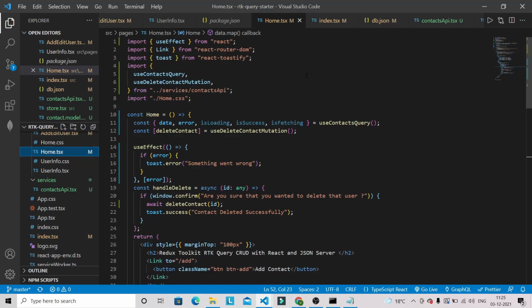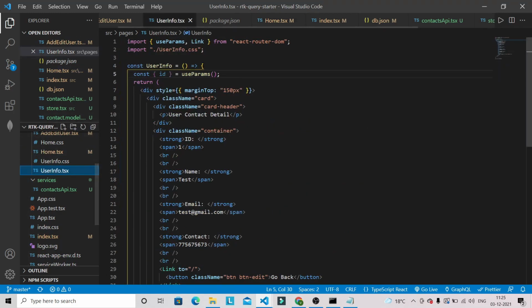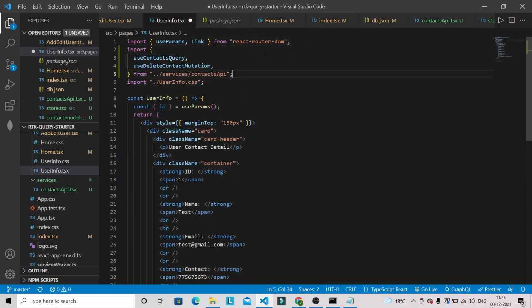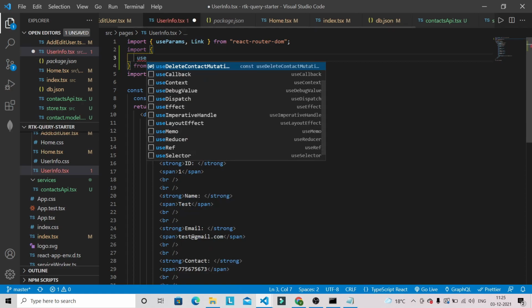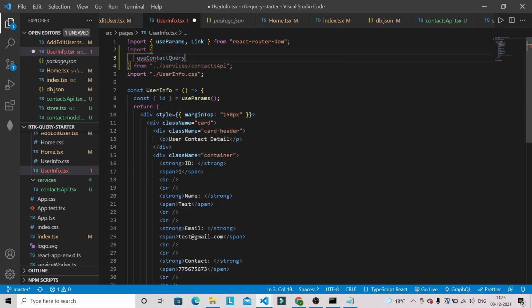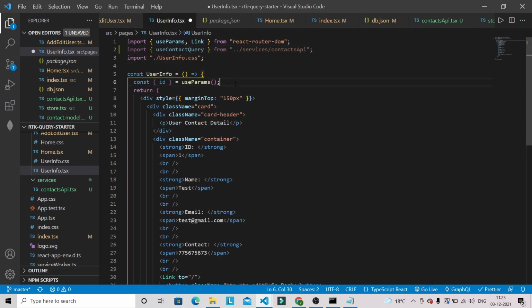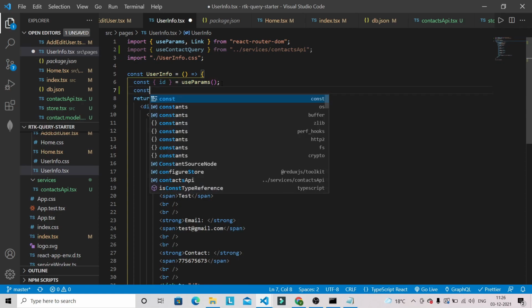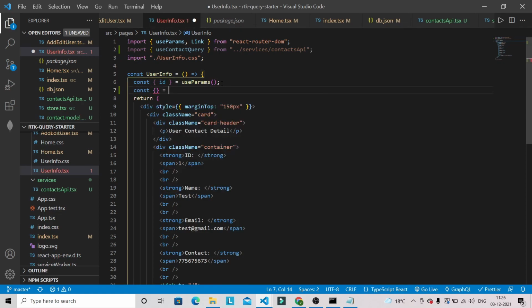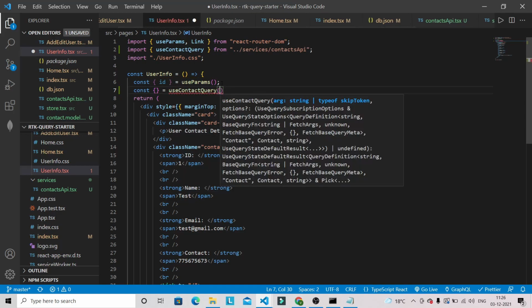So I'm just going to copy this line of code and paste it here, and let's remove this one. We need use contact query. Okay, and what we can do here is something like this: use contact query, and we can pass the ID here.